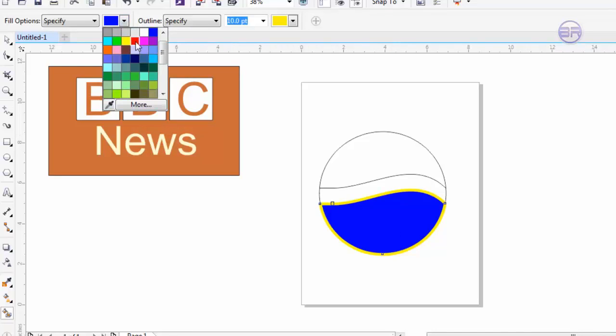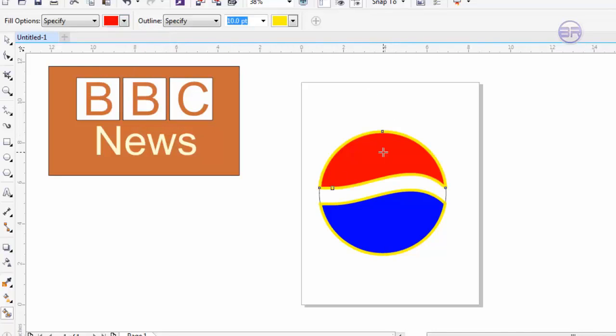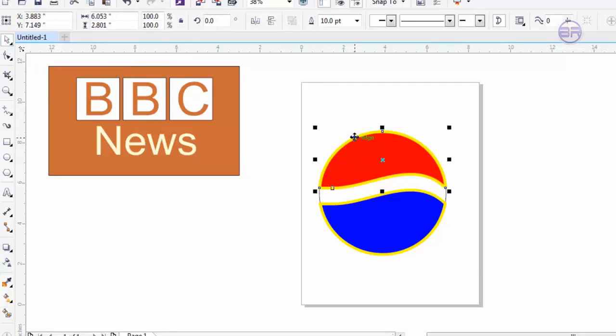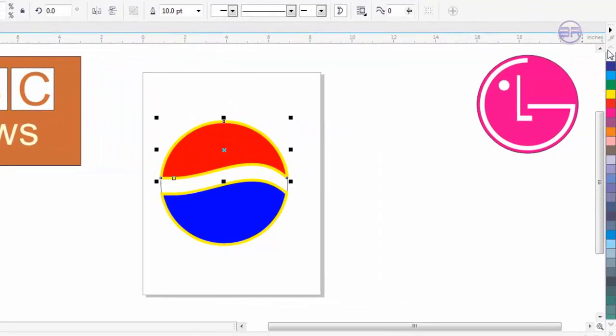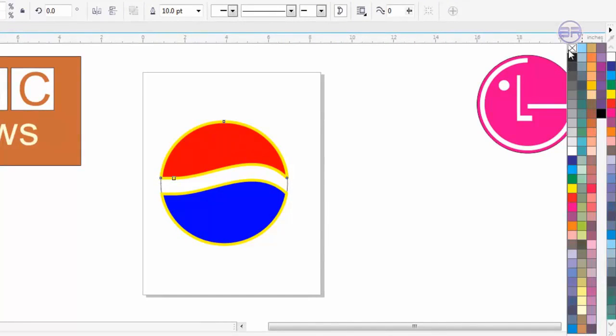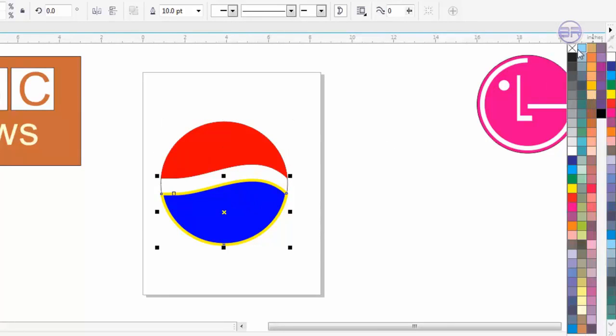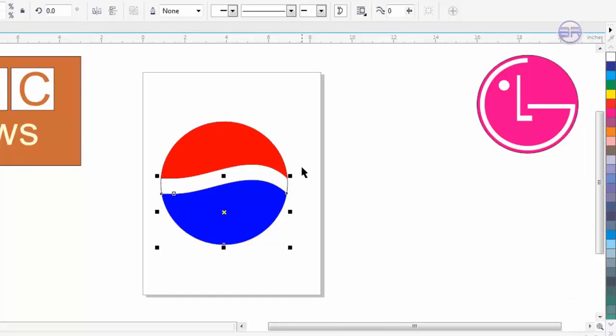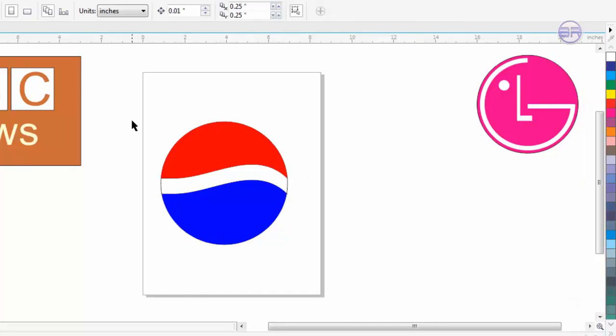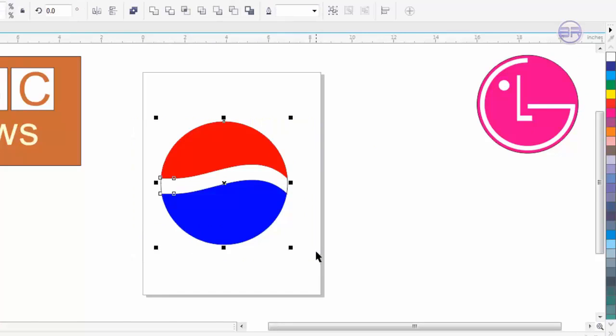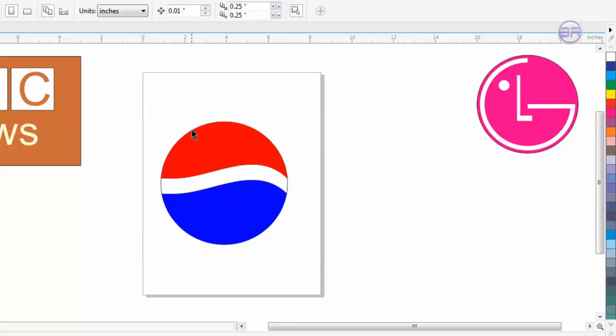Now select red color, put it here, and now remove the borders from every corner, from here as well as from here. So that's it. Very simple logo you have,